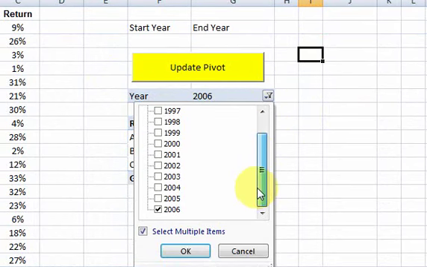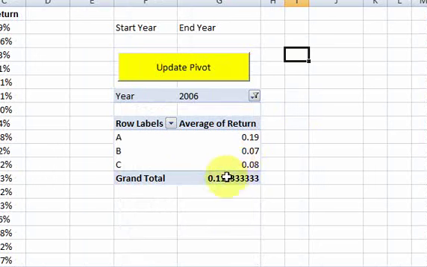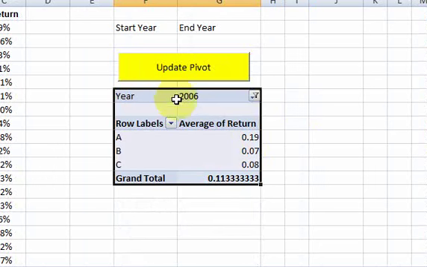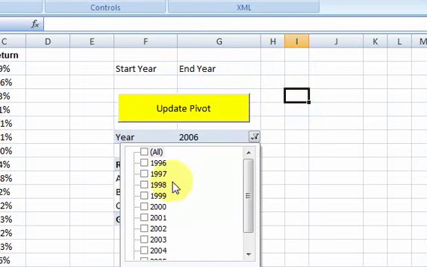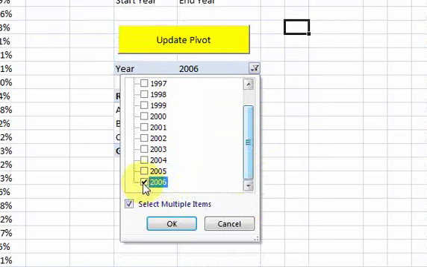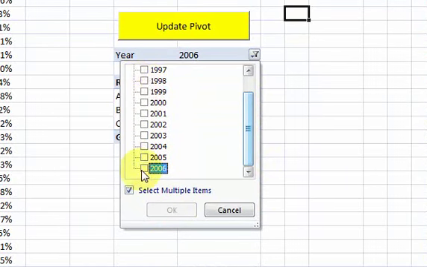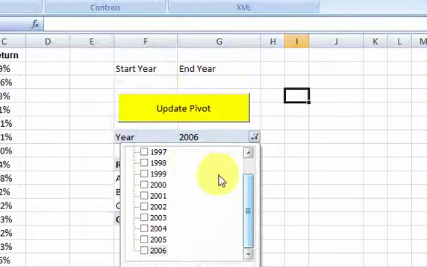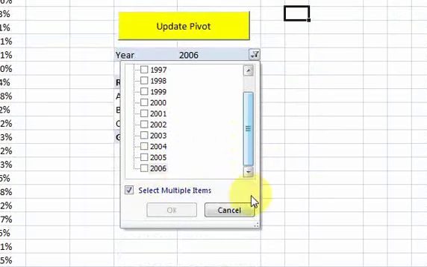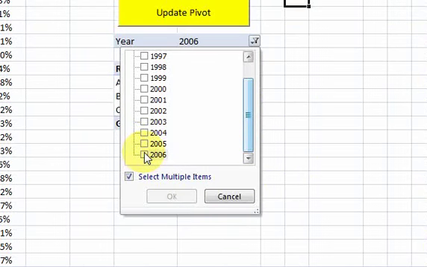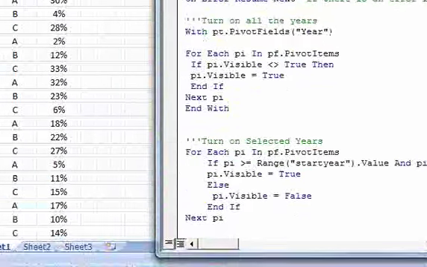Here's the thing. If you normally were to try to make a pivot table with no element selected, let me try to do this. You see that I can't press OK? So normally that would cause an error because you can't have a pivot table with no data selected. But because I wrote this line in here, On Error Resume Next,